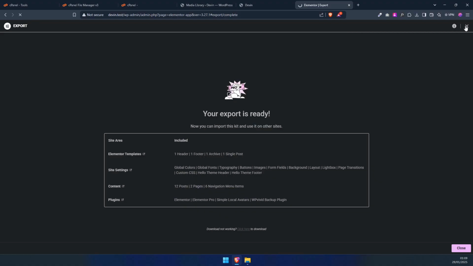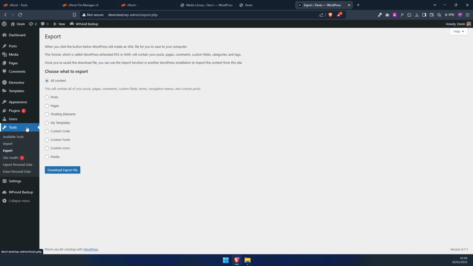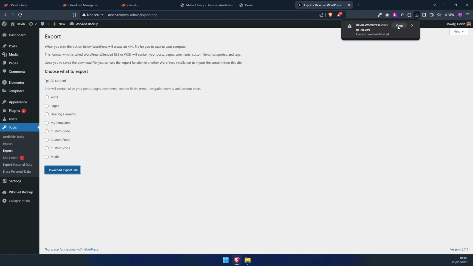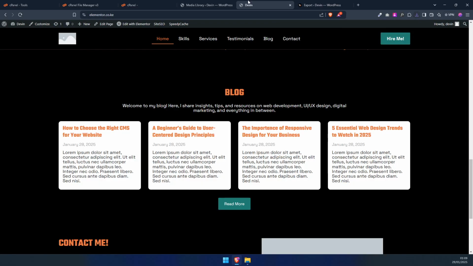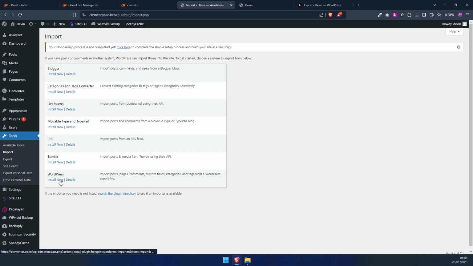The other way to do it is coming to tools and exporting the native WordPress export. All content, which will contain your posts, pages, custom fields, and such things. And you just say download export file. And after downloading the export file, you will get an XML file. It's a WordPress file. Then you'll come to tools, import. This is the WordPress native method of doing it. I don't recommend it